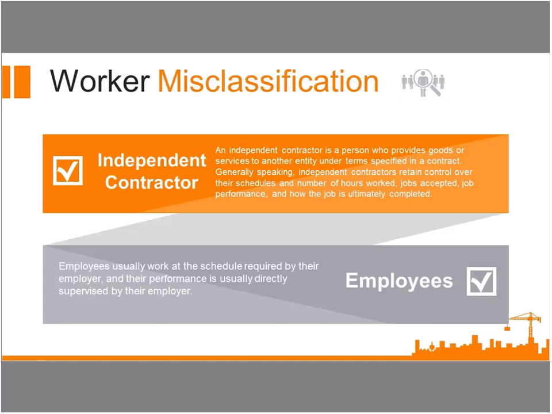Whereas employees such as myself, I'm given a schedule by my employer on what days I need to come in, what times I need to be here by, what time my shift is ending. I have to provide periodic updates on my work to my supervisors. They're consistently reviewing my work, right? And they're also providing me the tools and equipment I need to do my job. So they're providing me the office space, the computer, the software, the work cell phone, etc. That's stuff that would be classified under an employee-employer relationship.